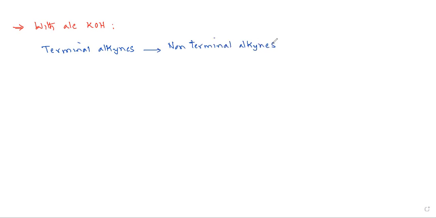Let me give you an example with mechanism even for this also. Consider but-1-yne. This is terminal alkyne. See, with alcoholic KOH,